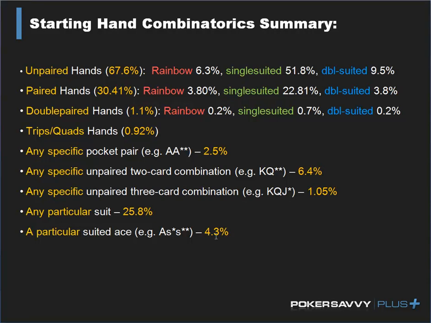But for the most part, you're looking at about 1/6 of all starting hands have a suited ace in them, and any particular suited ace, the chance is about 4.5%. It actually goes up on a monotone board because once there are 3 spades on board, there's a card removal thing. A higher percentage of the combinations that are available include the ace of spades because there are fewer spades to